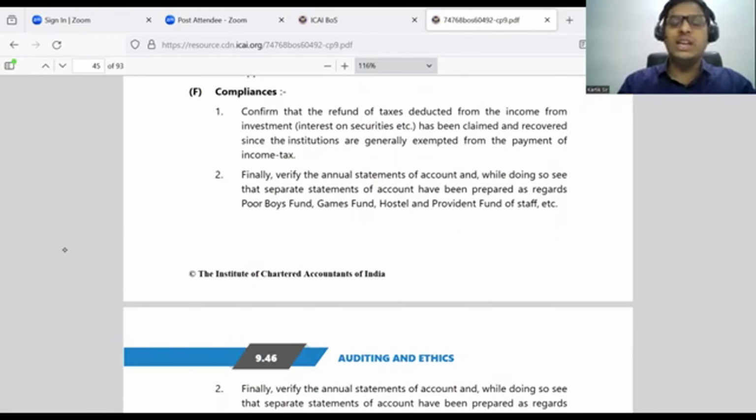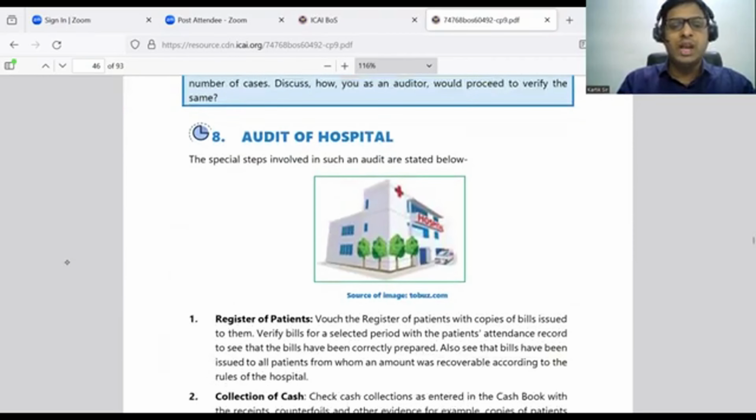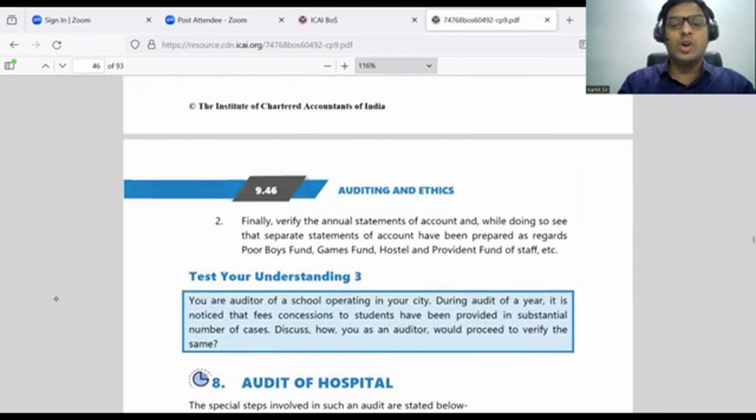And finally, any other matter that the school has recorded in its records, whether everything is there in the annual statement or not. So whether all the ledgers and the statements are kept properly, and the annual statement accounts, the auditor will verify. Simple. That completes this part. That is in relation to audit of schools here.